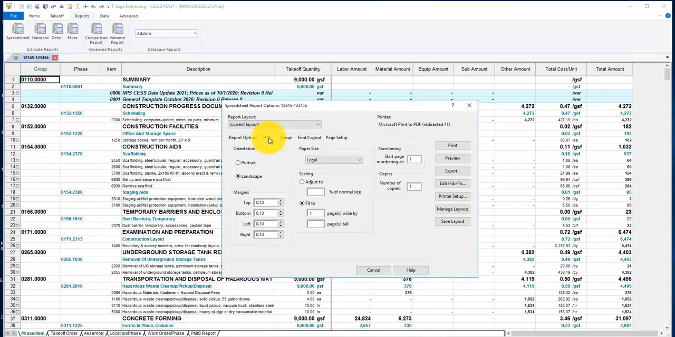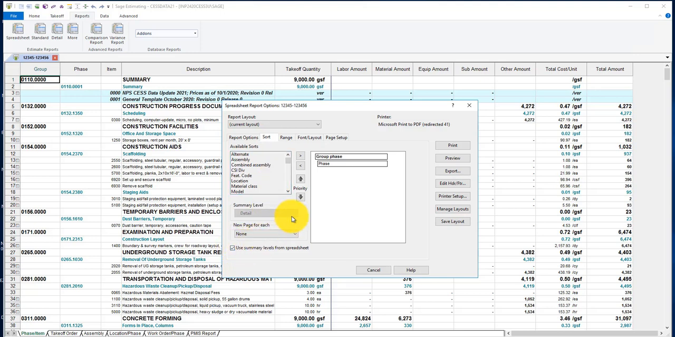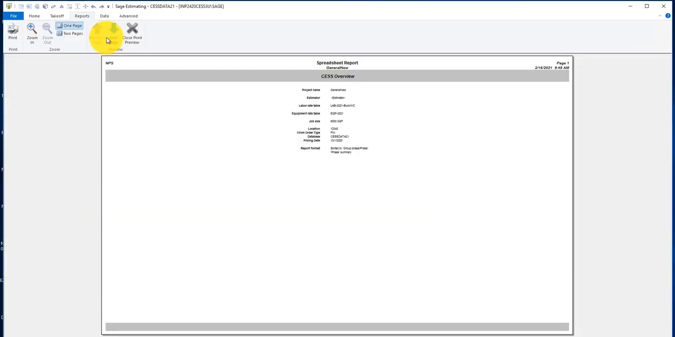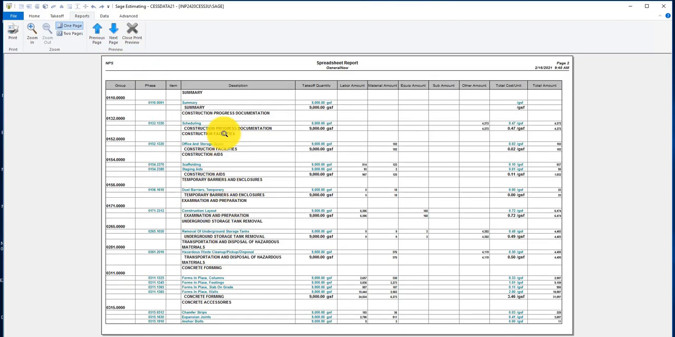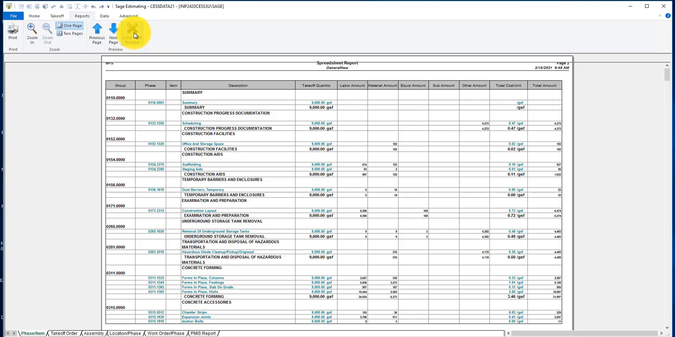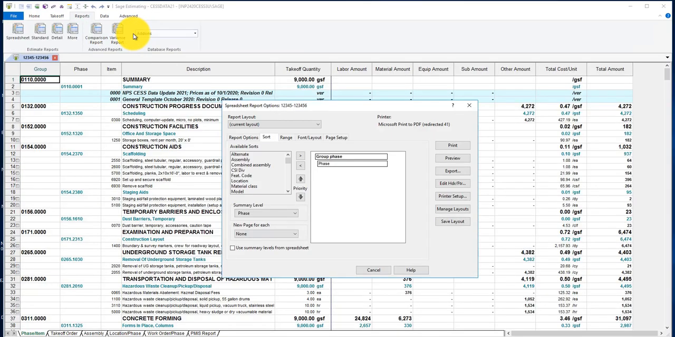You can come back to your sort report and say, no, I'd really like, instead of detail, I'd like to roll that up. I'd like to roll that up to the phase level. And a much more condensed report. So the operations here are identical really to CESS 1.0, except for this last step in which you can save